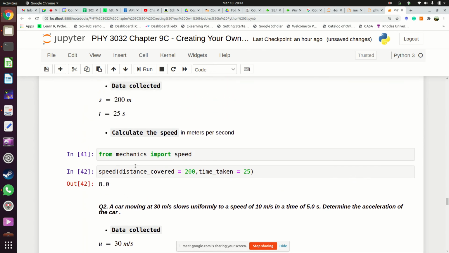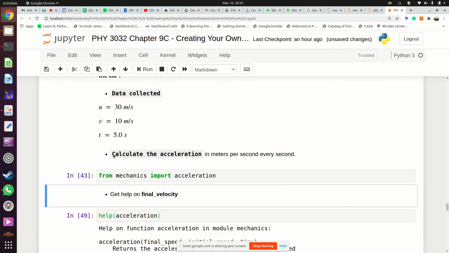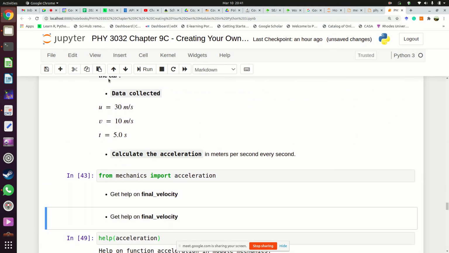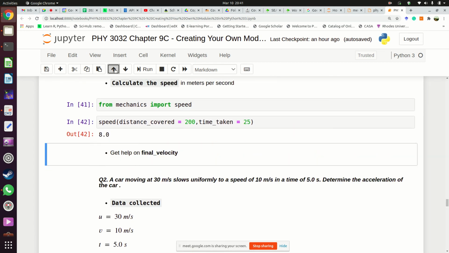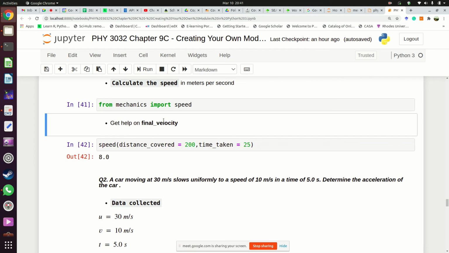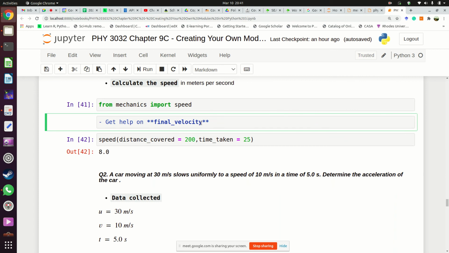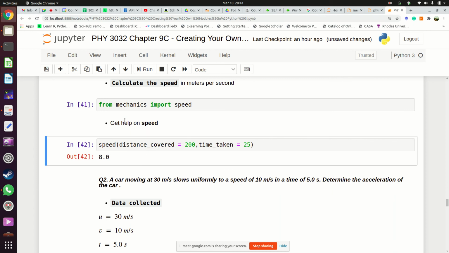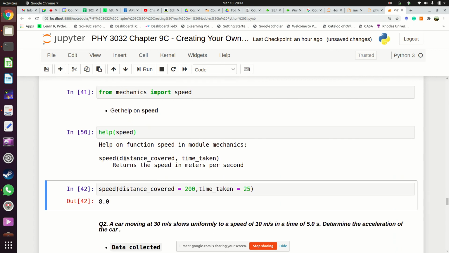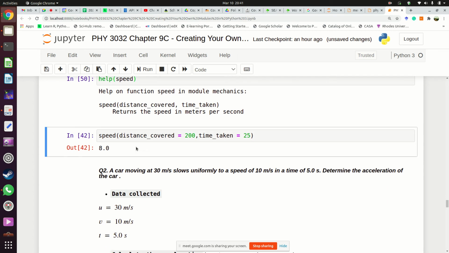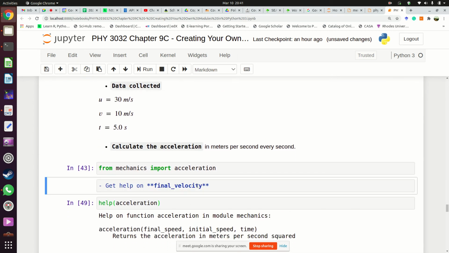There's also the other one, speed. So you can say help on speed, how to use speed. Are we clear? Yes. Clear. Yeah, so these things are not difficult,